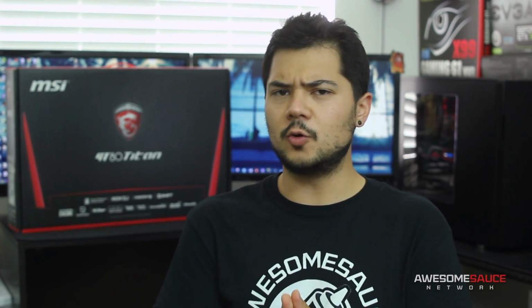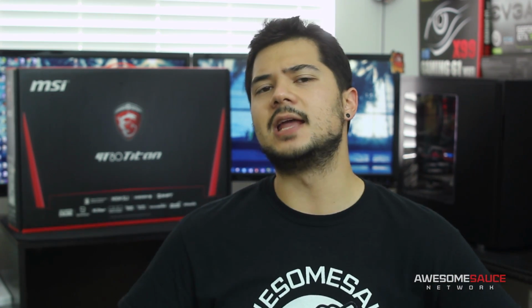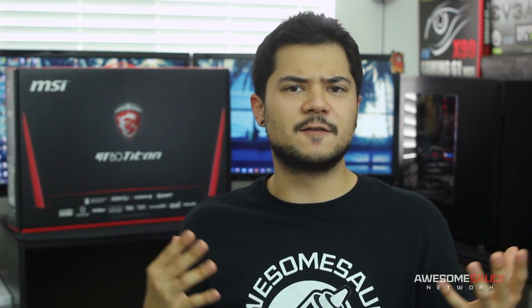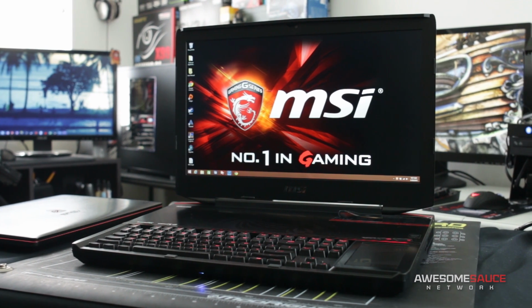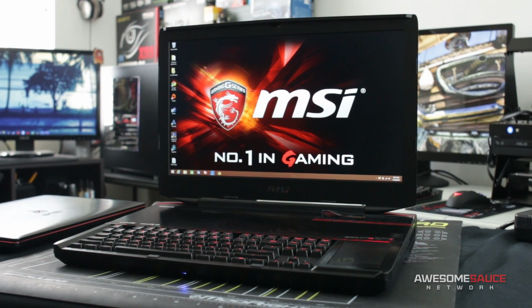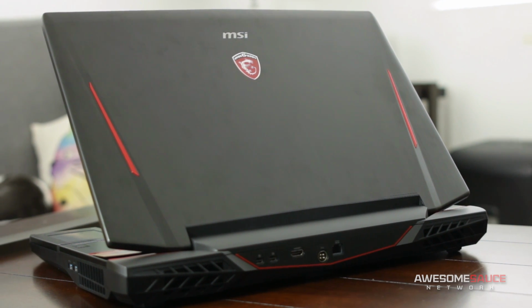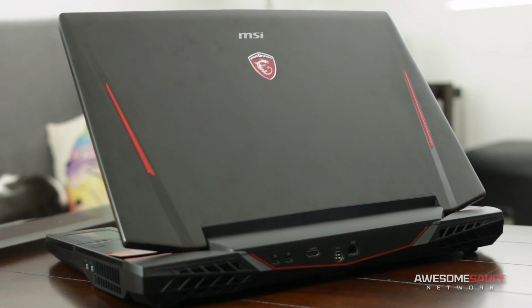So perhaps by now, as we draw near to the end of this review, we can begin to imagine what type of gamer would be interested in the GT80 Titan SLI. For one, whoever's buying this laptop is living quite comfortably, as the money spent on one of these things is enough to feed a small third world country. Two, the ideal candidate demands the absolute best gaming performance available in a laptop, period. Three, for reasons unbeknownst to you or I, the ideal customer lives a lifestyle where a conventional desktop PC is